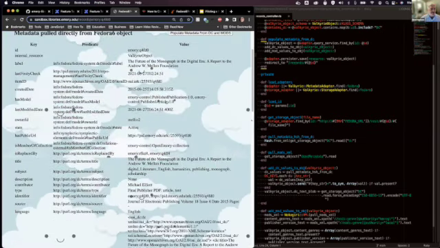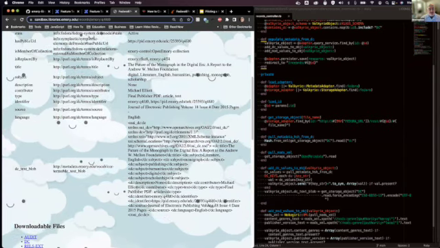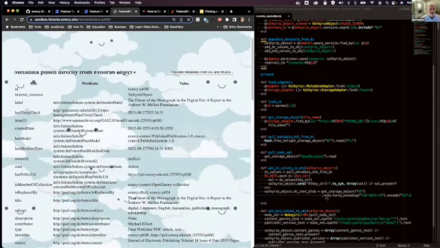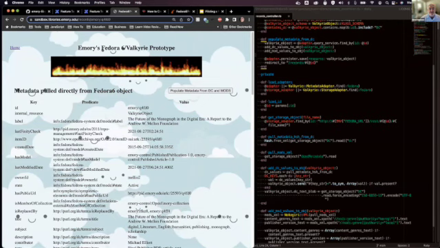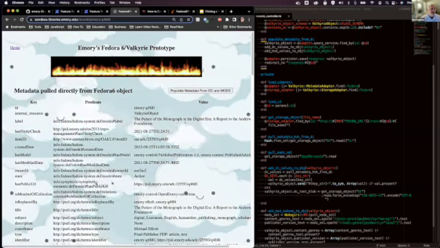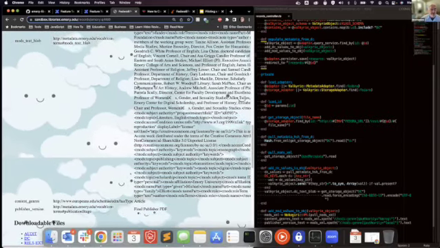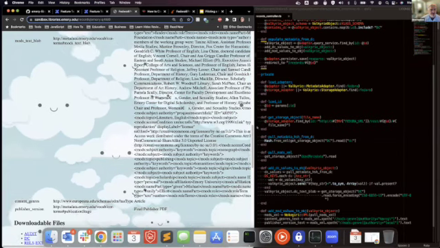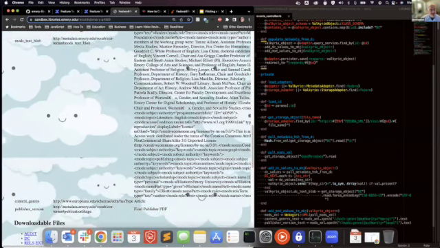Right now, this object only has DC metadata already applied. If we just go ahead and click this, it will provide more, which includes the MODS as well as a couple of fields that were missing from DC but present in MODS,